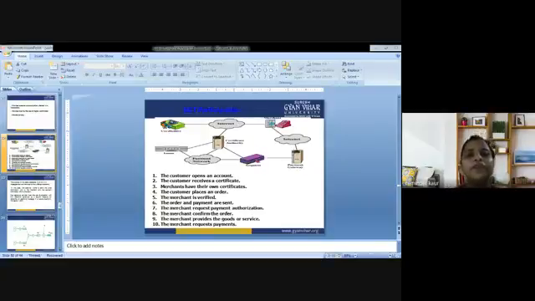Next is message integrity. How could message integrity be provided? SET does not allow message modification with the help of signatures. Messages are protected against unauthorized modification using RSA. Now, I am using the term DES here, the term RSA here. What is DES? What is RSA? So there are certain algorithms that one can use for encryption.